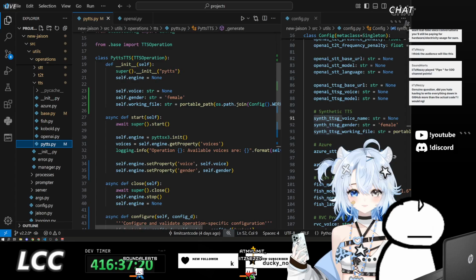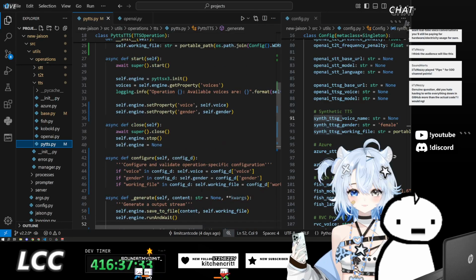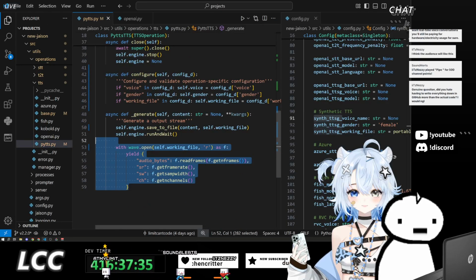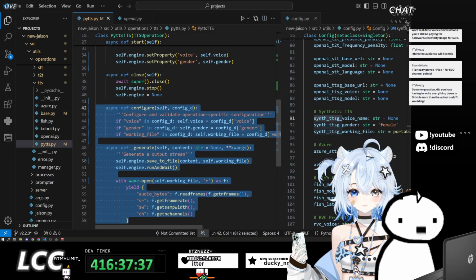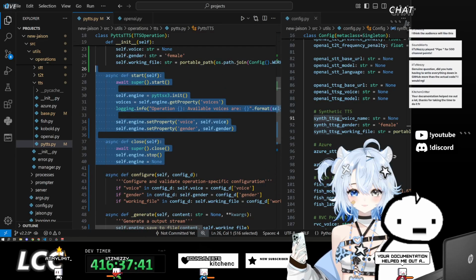But I also get it, I hate reading. I assume a lot of other people hate reading too, and can't be bothered to read through 1,000 lines of documentation. So it's kind of fair. And at that point, I kind of do feel like the documentation is a little bit redundant.